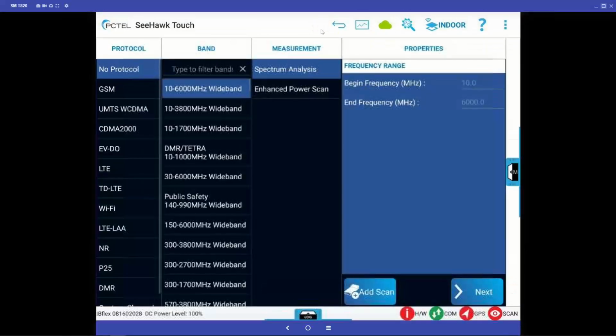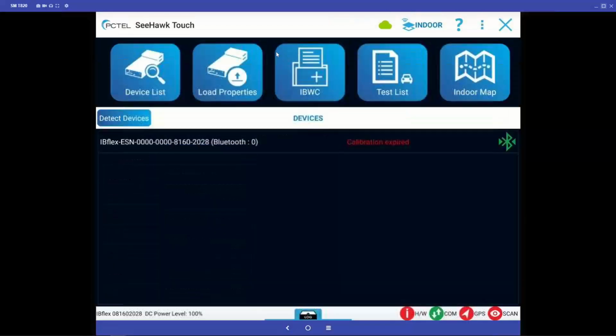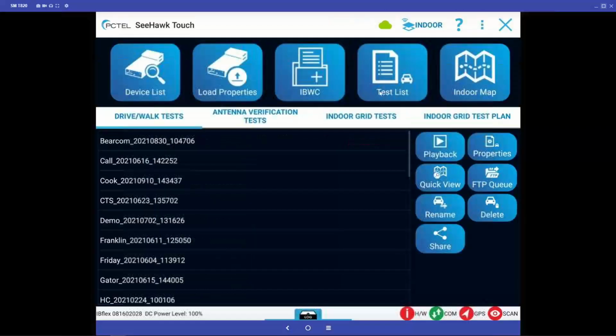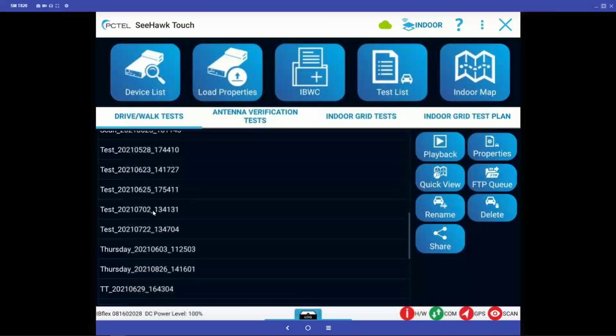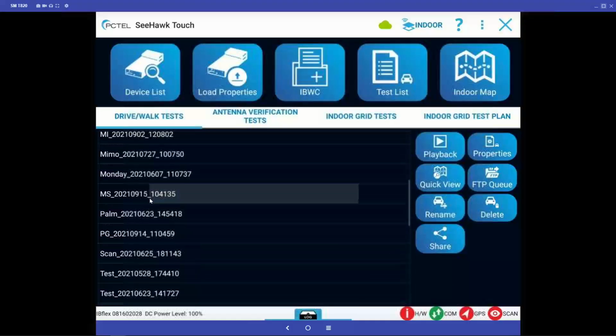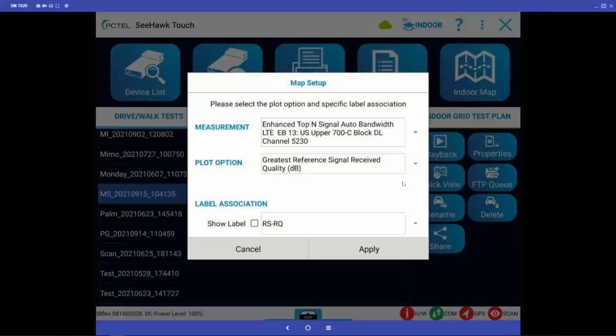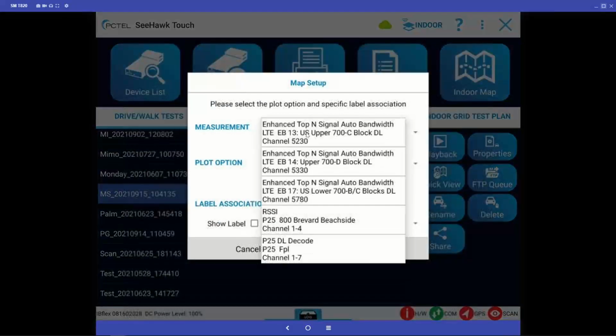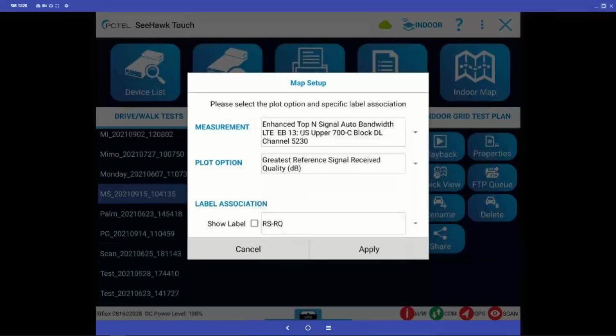Gotcha. Now, like I said, we don't do a lot with that data on the tablet side. So if I go to my test list and I look for that test under drive walk test, I've only got a couple options. I can play it back or I can look at it from a quick view point of view. Most people will prefer the quick view because, first of all, it's quick, but I can only look at one metric at a time. So if I'm looking at LTE and I want to look at RSRP,